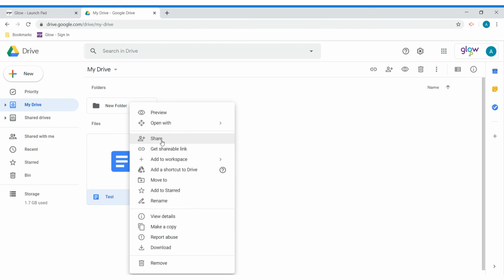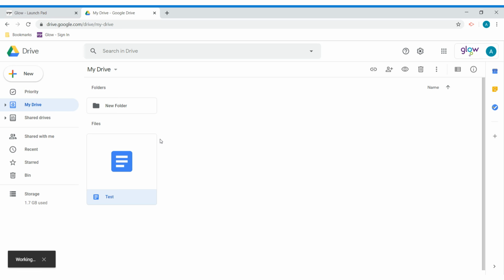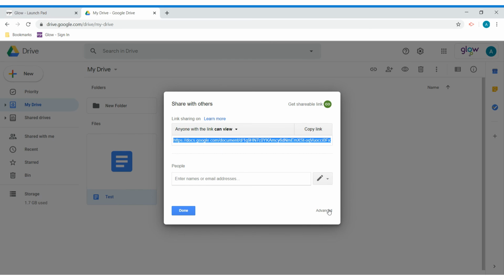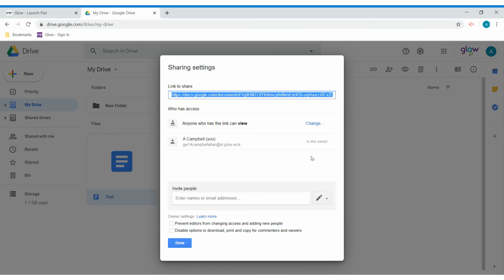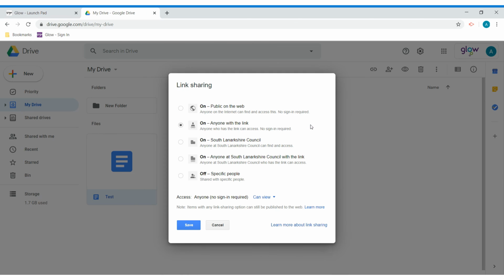So again, you go ahead to share, and then you're going to look at the advanced tab again. You're going to change that so that you maybe make it only people within South Lanarkshire Council with the link can view. So that means that they would have to actually sign into their Glow account and things before they would get access to that link. So depending on the security level that you want to put on your document, you can change those